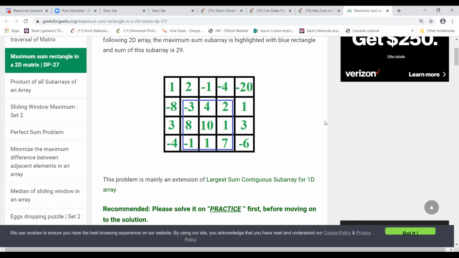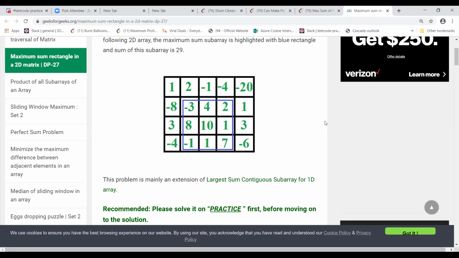Basically, what they do is, as an offset, they maintain these four values: 1, -8, 3, and -4. We have fixed two pointers. One is the left column, and the other is the right column. So we run two loops using this. Initially, my left pointer is at the 0th column, and my right is at the first column.